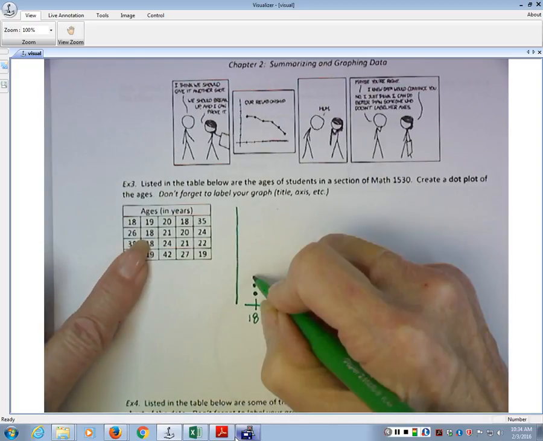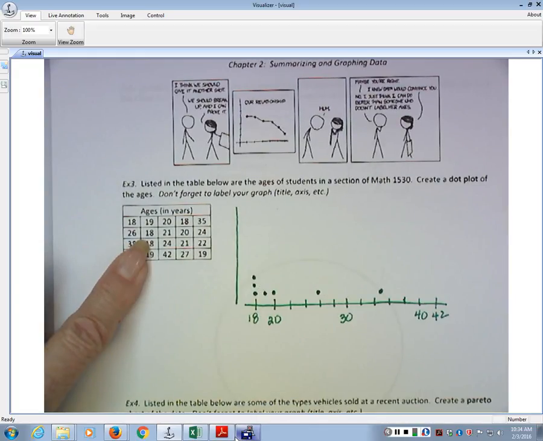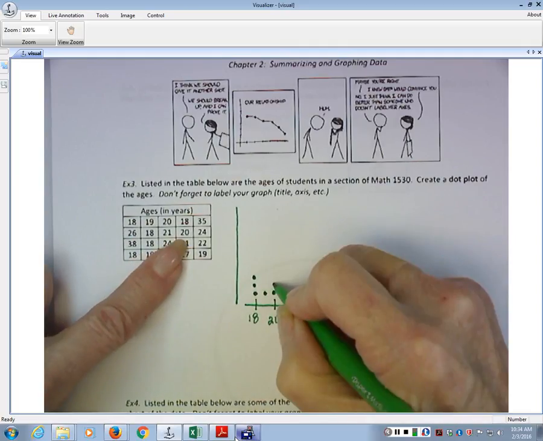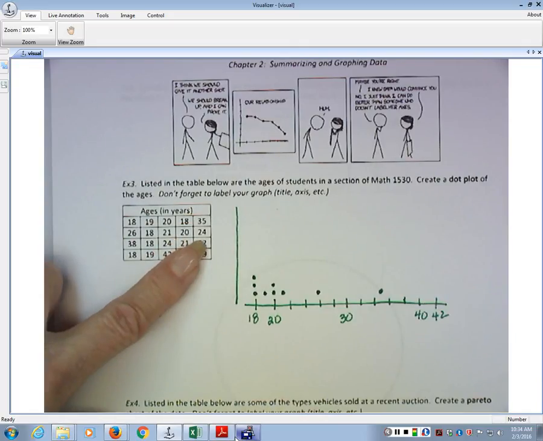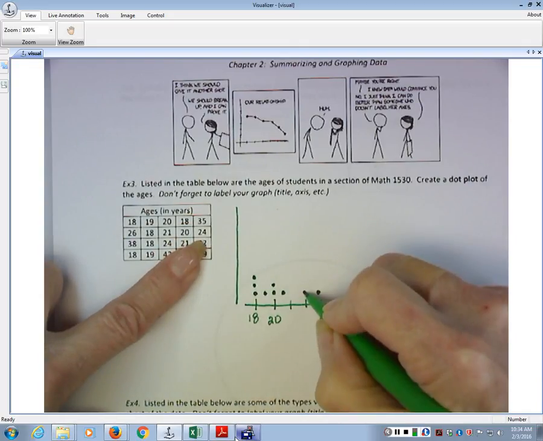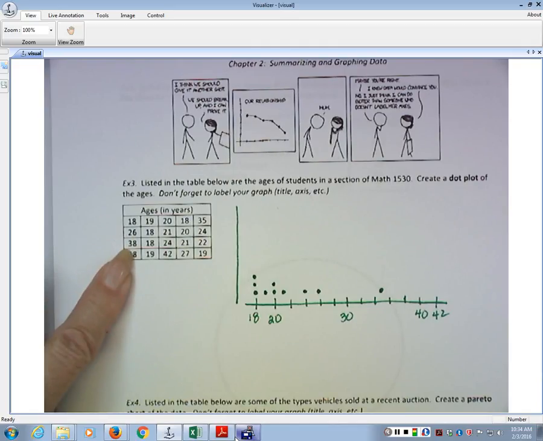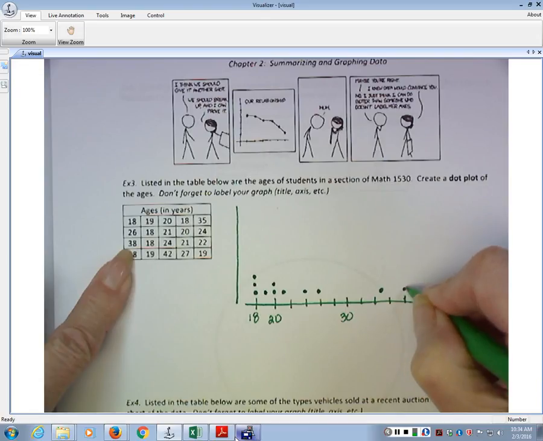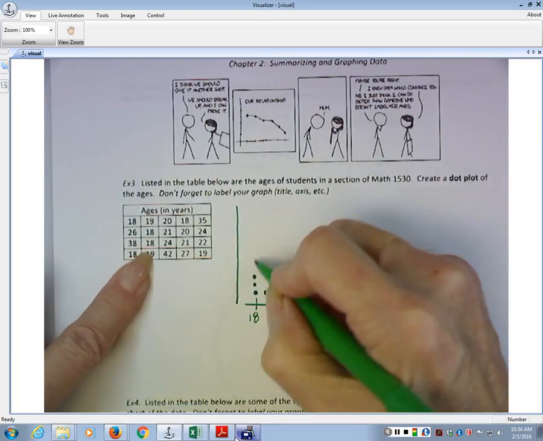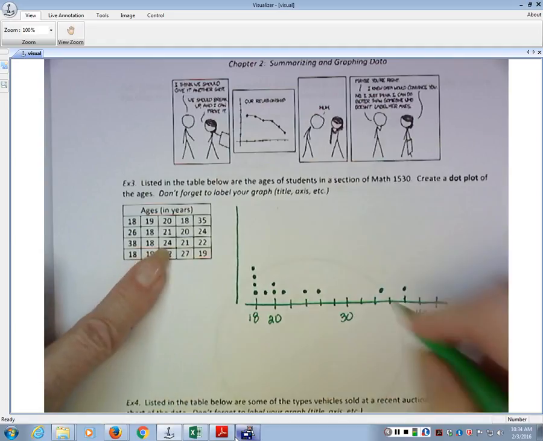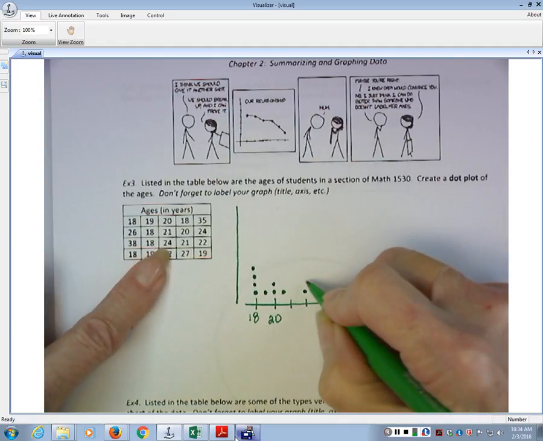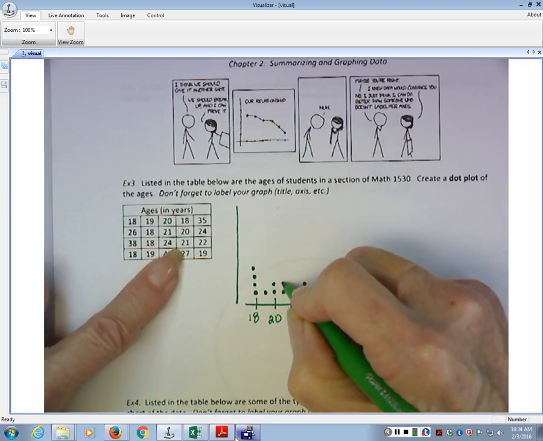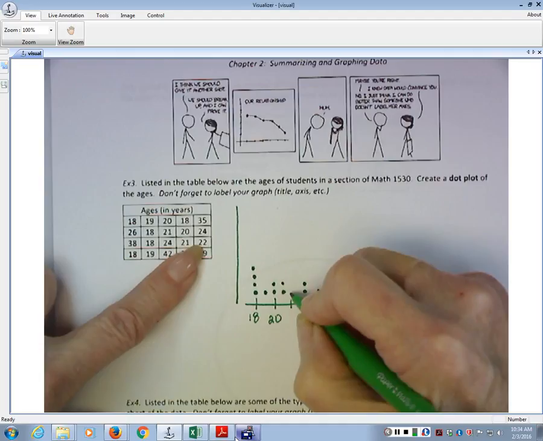Another 18-year-old, a 21-year-old, a 20-year-old, that's the second 20-year-old, so I have another dot, a 24-year-old, a 38-year-old, 2, 4, 6, 8, another 18-year-old, a 24-year-old, a 21-year-old, a 22-year-old,